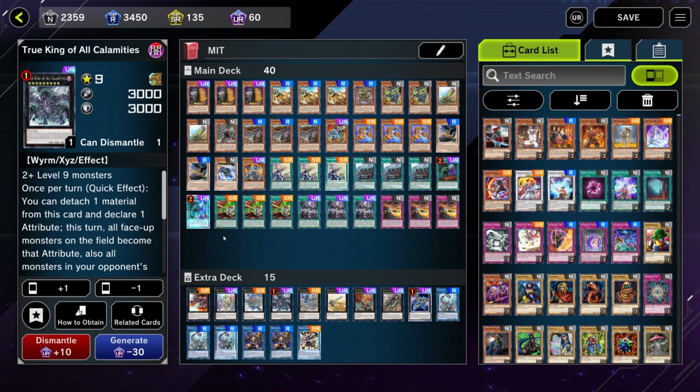Kind of like a quick effect Dark Ruler No More targeting a specific attribute, which would already be really good. But no, it's way better than that. Not only does it make all your opponent's monsters that one attribute, meaning that it potentially just messes up their plays, but it ensures that they will always be that attribute, so the effect negation will always apply to all